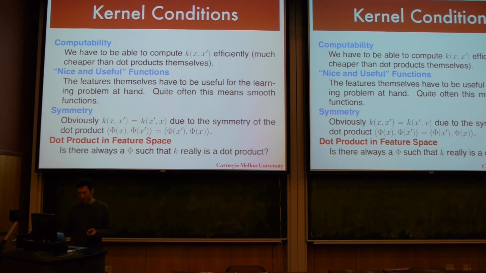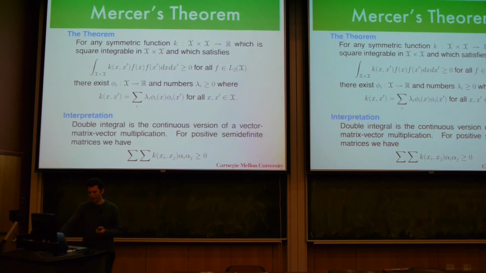One thing that is quite desirable is to have useful kernels. Quite often, a really simple thing to take, for example, is the kernel K of X, X prime. And so it brings us to the last question, namely, is there always a feature space for a kernel, and how to find it? The definite answer to all of this is by Mercer in 1908, 100 years ago.